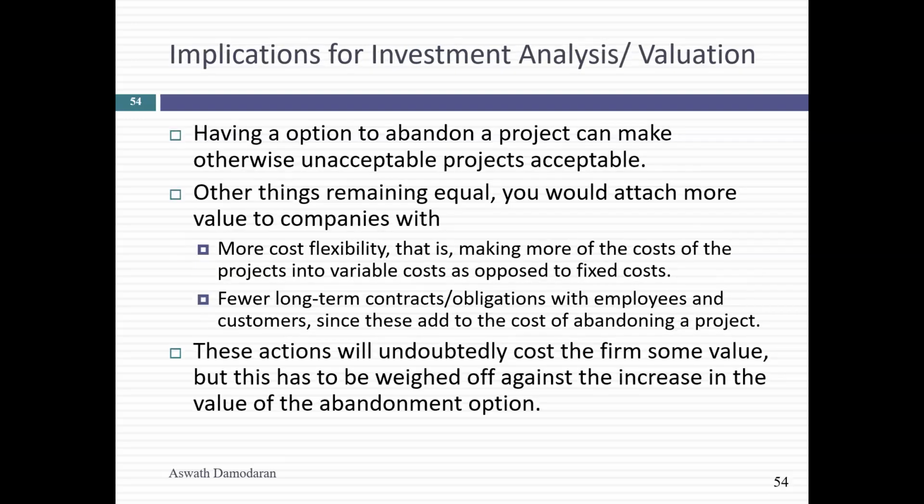Here are the implications for investing. First, having an option to abandon a project is always good, but you have to work at creating it. So in terms of when you put together long projects, here are some of the things you might consider. Having shorter term contracts, even though they might cost you more than longer term contracts. The rule you're always given is if you have a 30-year project, try to lock in things for the next 30 years. There's a downside to doing that. Having shorter contracts gives you that flexibility.